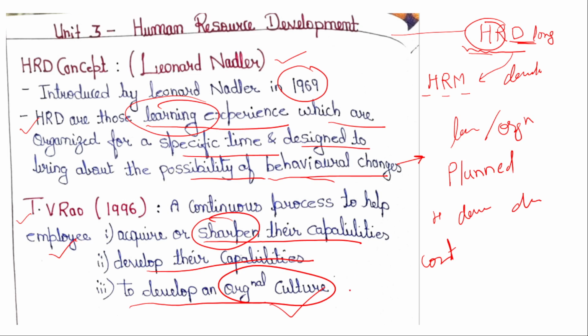Human resource development is also about developing the organization culture which supports, or helps, the human resources to develop. How is organization culture created? By making your employees learning in nature, bringing new schemes, new training facilities, new developmental facilities, new systems, new technology, and making sure that you are always open to innovations. You are open to learn new, open to experience something new. When this is happening, you are developing an organization culture which is supportive of human resource development.